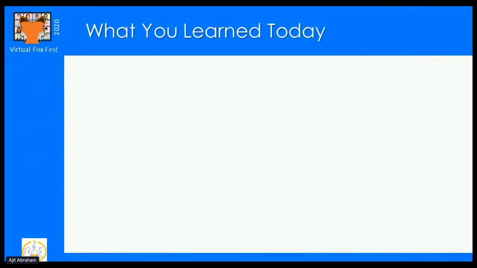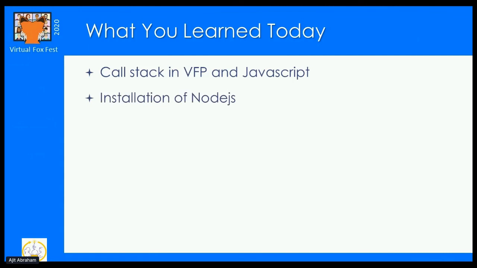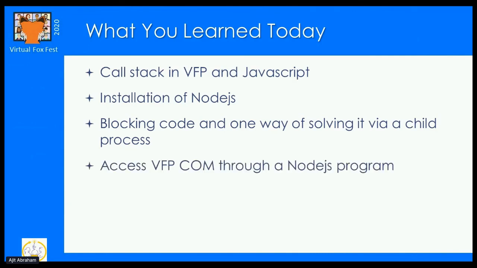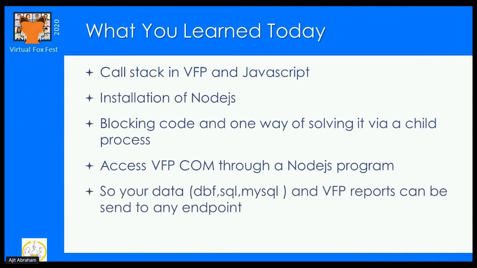In this session, I've made an attempt to explain the asynchronous behavior of JavaScript. Installation of Node.js, that was easy. How a blocking code could create unhappy users and a possible way of mitigating it through child process. We saw how we could access a COM through Node.js thanks to Yuri's Winax module. So our data, whatever it might be, DBF, SQL, MySQL, as well as our favorite FoxPro reports could be sent